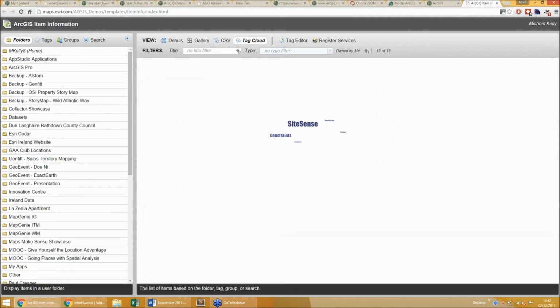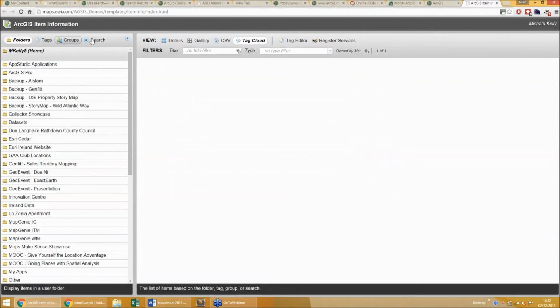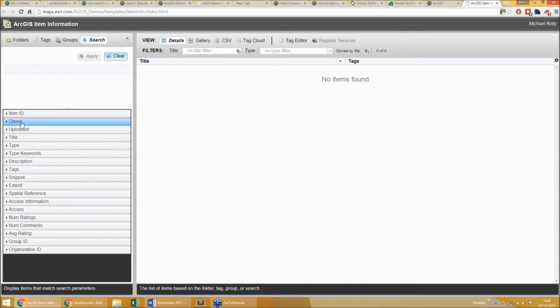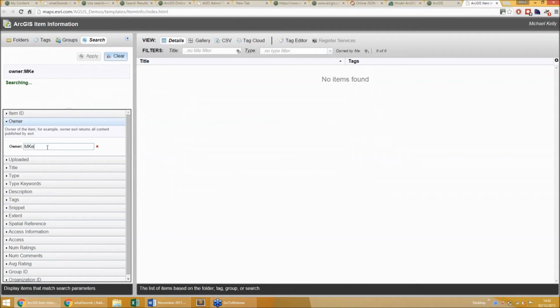But then you can open the tag cloud and it'll show you all the tags that I use. Now I obviously haven't used that many in here, but let's say I search in a particular group or search, yeah, this is where I go. So owner, I'll just go and Kelly8, and I'll apply that, and I'll look for a tag cloud.